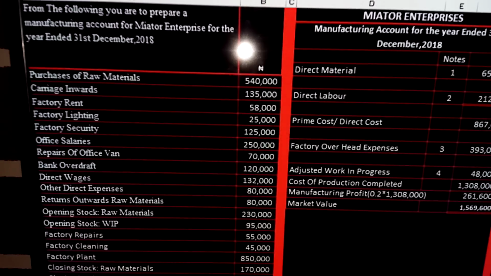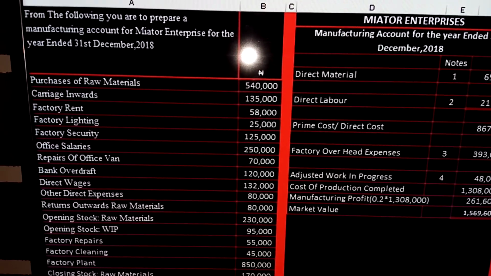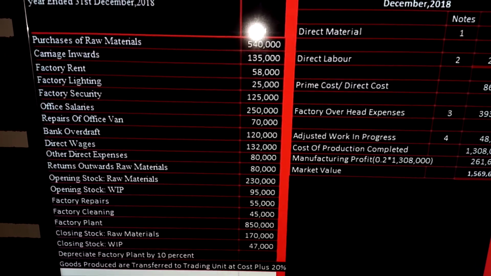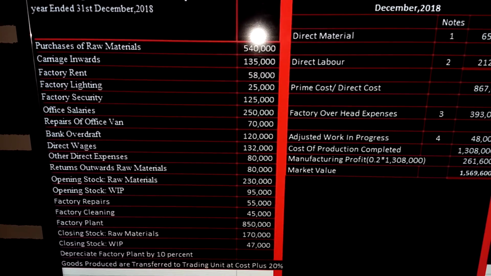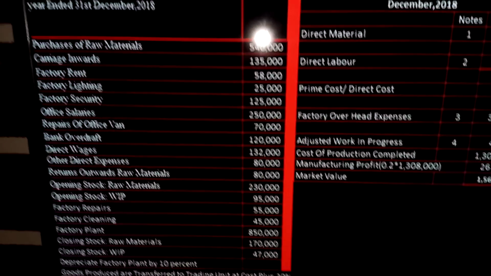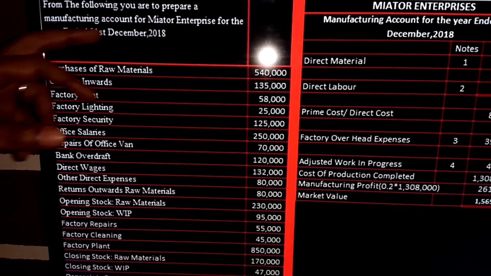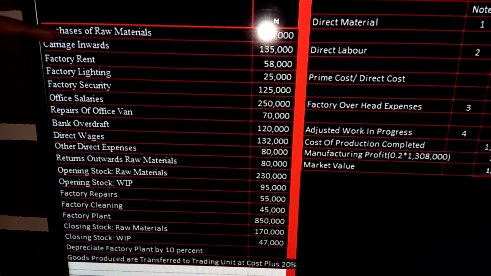Now here is an illustration. In this illustration, we've already solved this question before, as you can see, but we are introducing market value into this question. You can see they said the following: you are required to prepare the manufacturing account for Miato Enterprise for the year ended 2018. Here are the items: